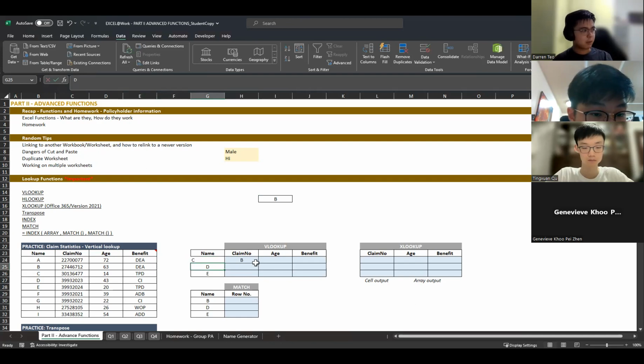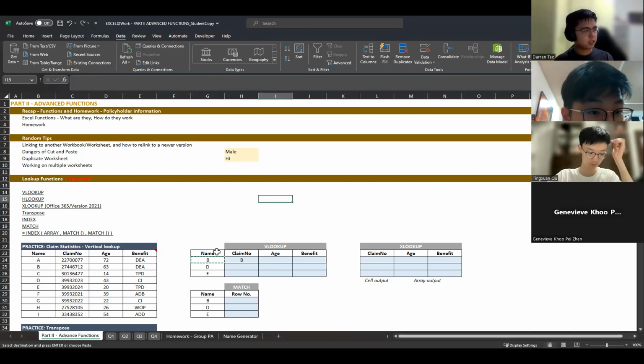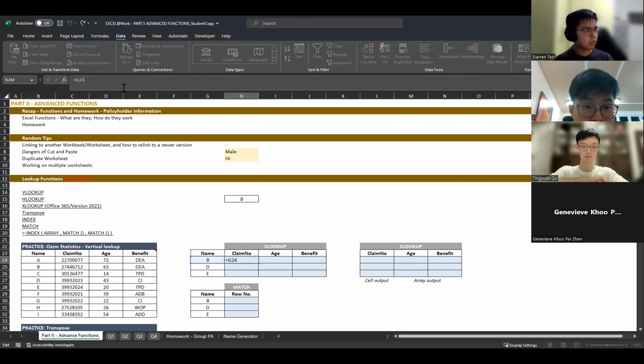If I change this here, I'm supposed to reference cell G24, but instead it followed the formula along to here. So this is something to take note of, because if you want to copy and paste, just copy and paste. Don't cut and paste, because that messes the formula up sometimes. It's better to copy and then paste somewhere. Then at least this formula is still linked to G24 and not elsewhere. So that will be better for you.